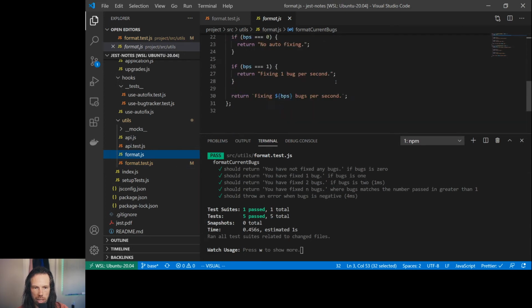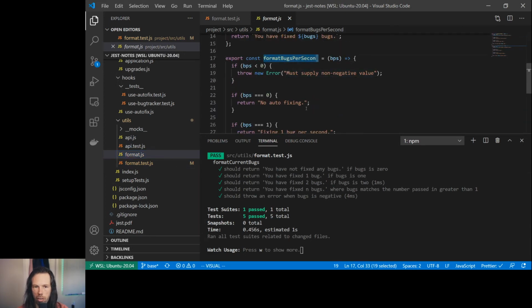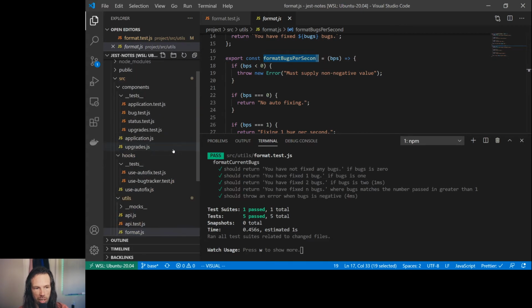I won't bother writing a test right now for format bugs per second. I think now that we've done one, that could be an exercise. If you wanted to practice, you can go do that. Totally up to you. We could move on now to one of these component tests and do a unit test